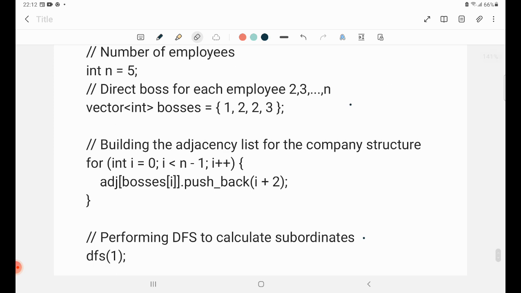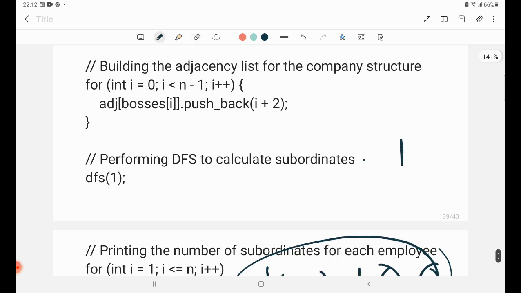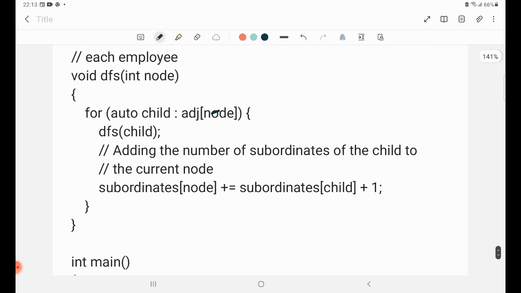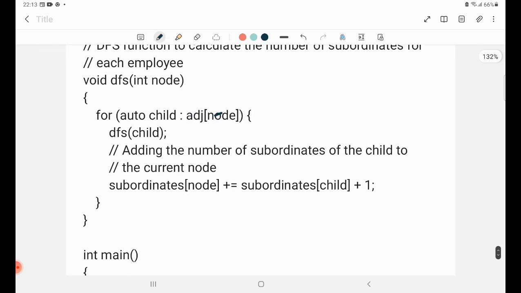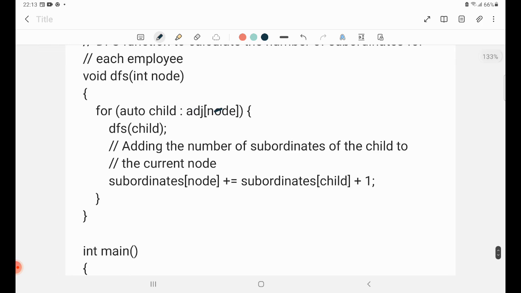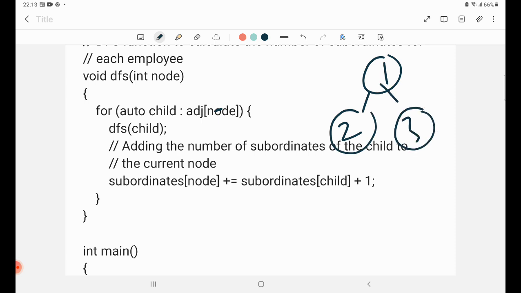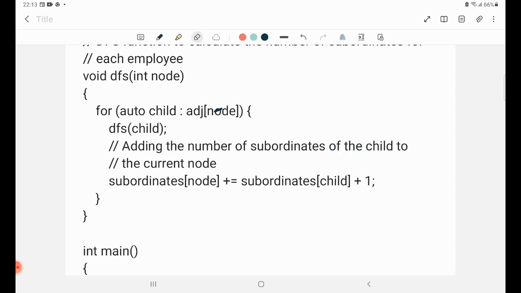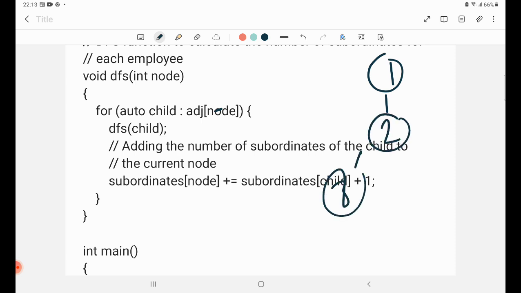Then we'll run a DFS, and as 1 is the sole boss of the company, we are starting our DFS from 1. So 1 is our source node. Now let's look at the DFS function. I'll take an example and show you all the DFS calls one by one. Let's take the example that we assumed, that one only. So if this is your tree, as given in the example,